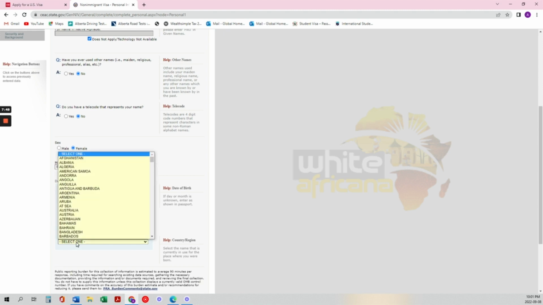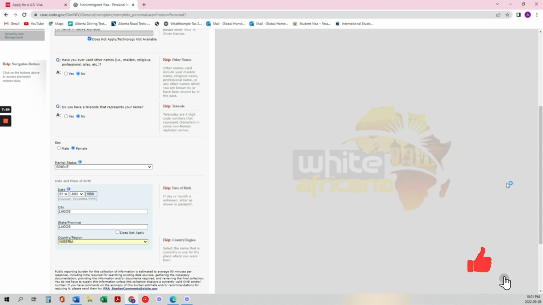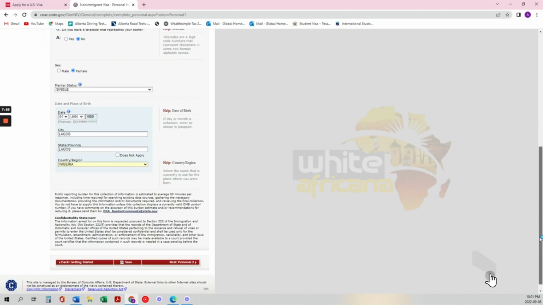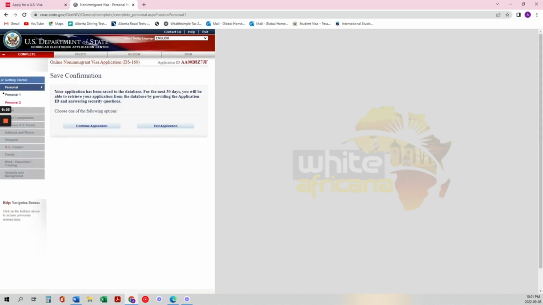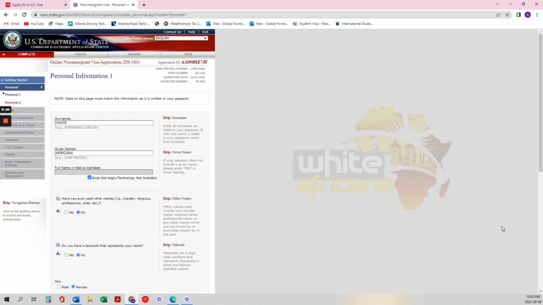Continue going down, and this is where it's really important. Make sure you save every page, because if you don't, you're going to have to start all over. Okay, so it confirms that it's saved. Now I'm going to continue with the application. Okay, we're going to go down, and then we go to next, the personal. Okay,